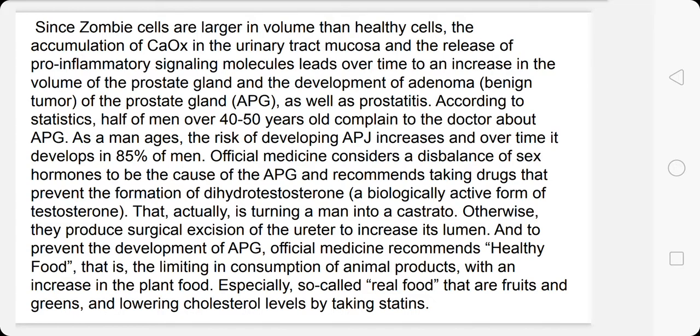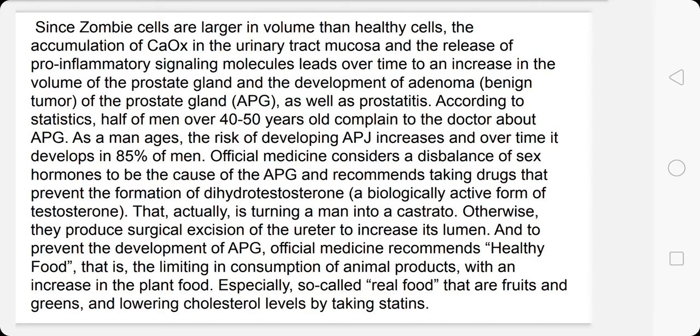Again, I'm not a medical doctor, I am a doctor in science. My opinion is that these are horrible recommendations, and if you know chemistry and physics like I do, you would never recommend this plant-based diet with a lot of fruits and vegetables which are full of oxalates. They call fruits and greens real food, which is completely toxic to my opinion, and then they also try to